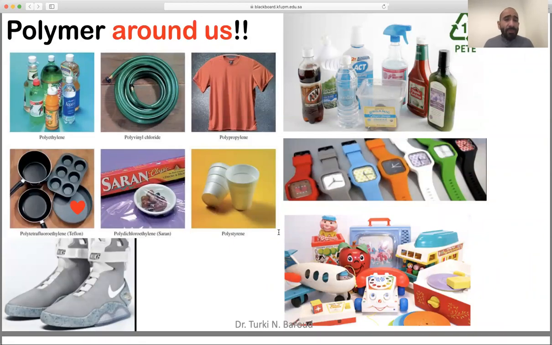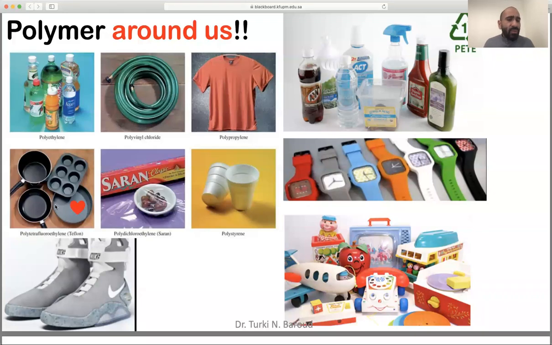So maybe during your life cycle, you will be in touch with one of these products here. I'm sure you've been through this during the early stage in your life. You had to deal with these things over here, and then maybe you picked such colors when you were little, and now you are using many of these products and polystyrene cups,